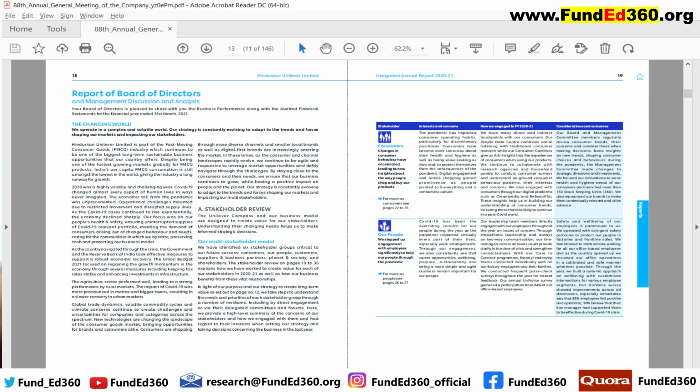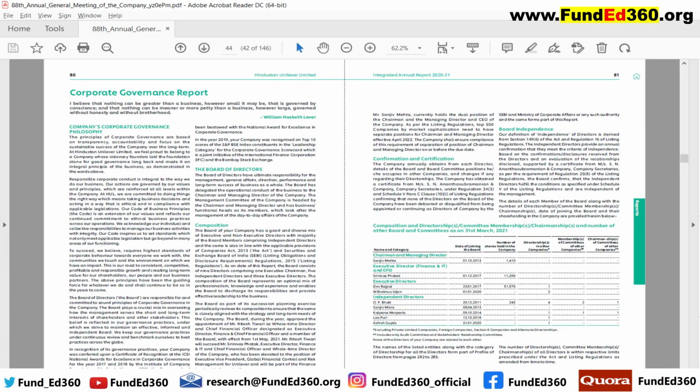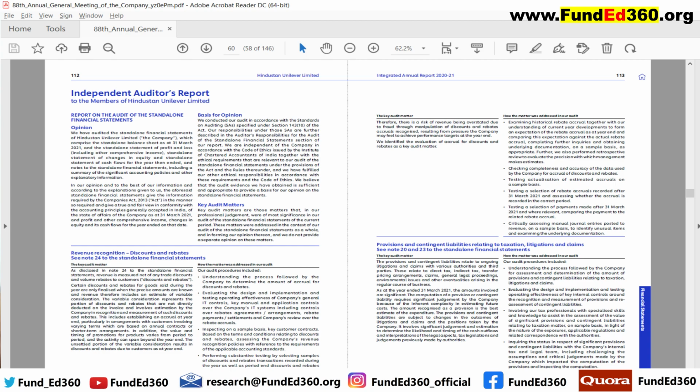The report of the board of directors and management discussion and analysis, that's the first one. This section of the report goes into the details of various financial highlights and achievements of the company in the last year. It also includes comprehensive information on which aspects affect the company and actions initiated by the company with respect to those aspects. Typically, you can find the board of directors report covering stakeholders engagement, risk management, financial overview or financial performance, disclosures, annual report on corporate social responsibility, that is also a must for many companies based on the turnover, business responsibility report, corporate governance report,